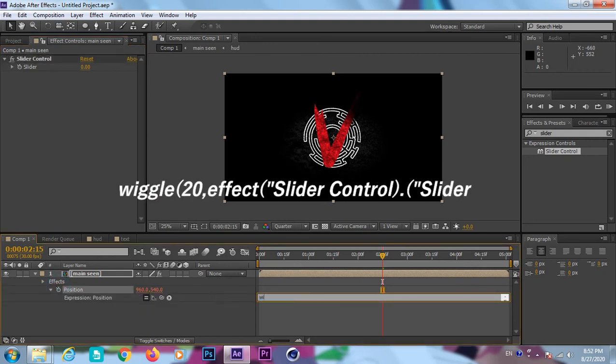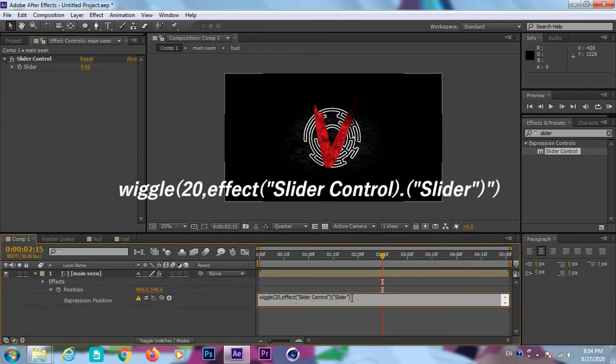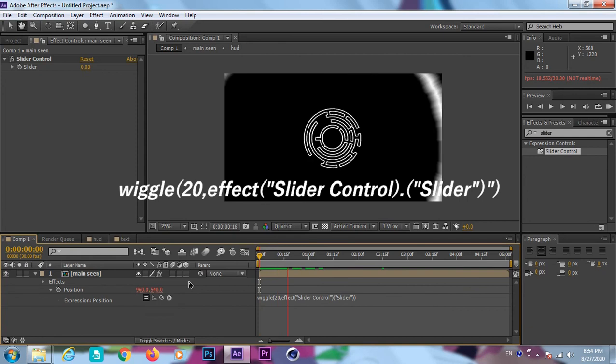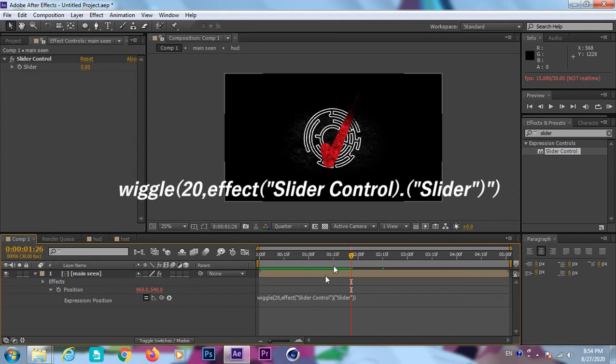Now click alt on the position. Now type the expression of wiggle around 20 comma, select that and parent to that, apply that parent to the slider and you can get this expression. I give that expression also on the screen, you can see it on the screen as usual.